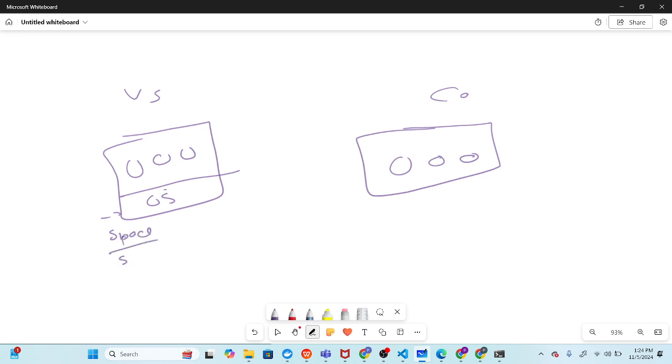Each time you start a virtual machine, it takes time, from milliseconds to minutes. But here it takes only milliseconds, because a container starts directly. Just run the command and it will start. And then another big advantage over a virtual machine: